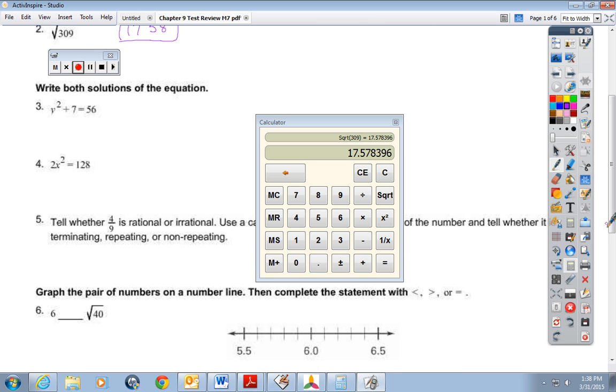Here, what's being done to y is that it's being squared and 7 is being added to it. So I've got to work in reverse order of operations, which means I'm going to subtract 7 from both sides. When I do that, these cancel, and I'm left with